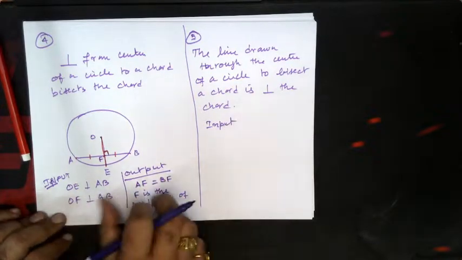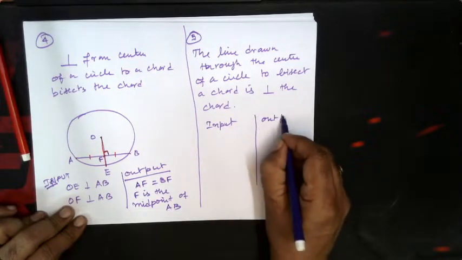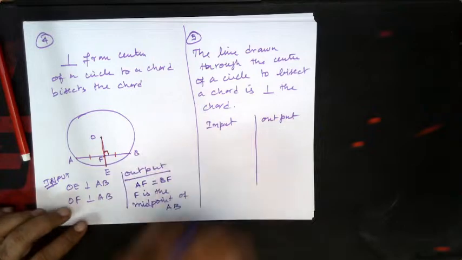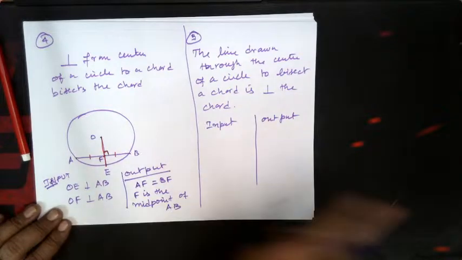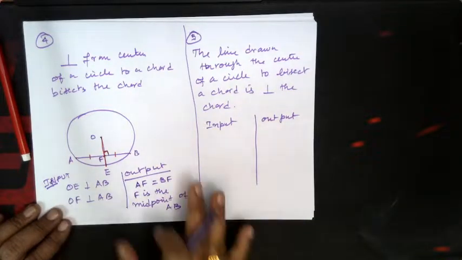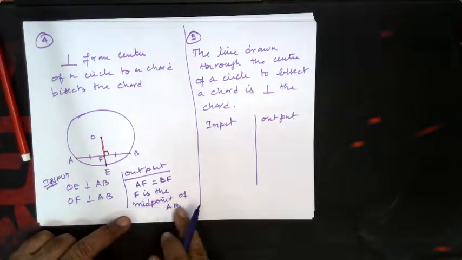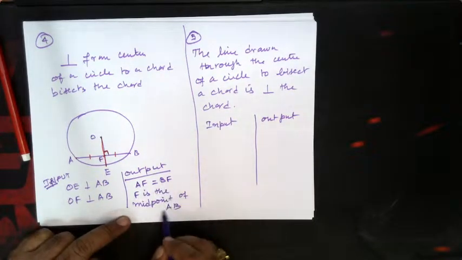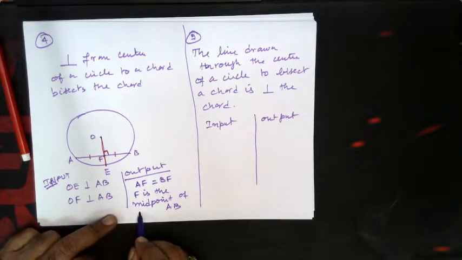This is the converse of the previous theorem once again. Whenever such theorems are available, you will have some converse also, the opposite. You can interchange: input becomes output, output becomes input. So what is the output here? F is the midpoint, that is, the line bisects